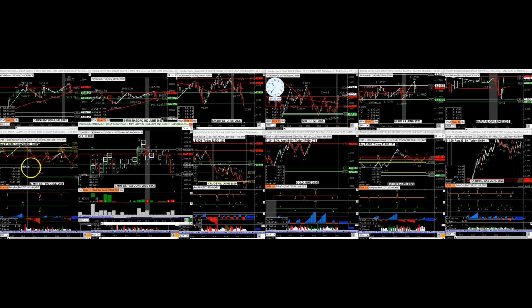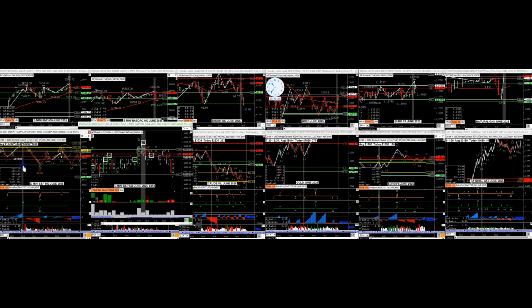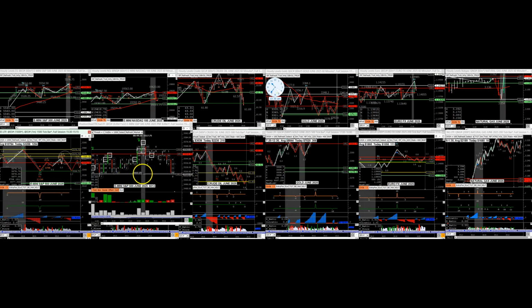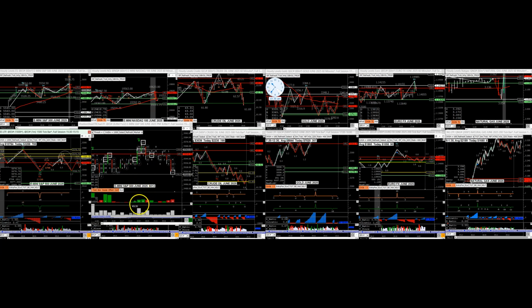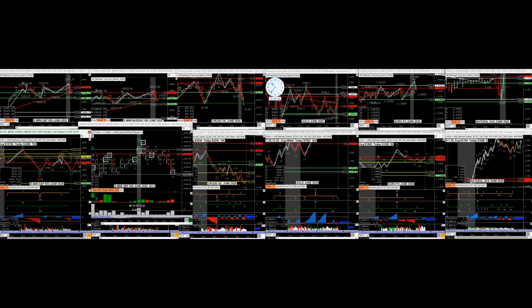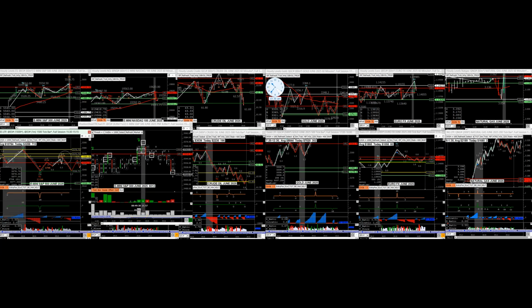So as price made that high up here, went up there, what you see is clear indication of distribution right here. Why? Because you have this volume and it shows ease of movement. So it's able to break, right? So you have this volume and it shows ease of movement, but then when it continued to go up on more volume, on increasing volume,